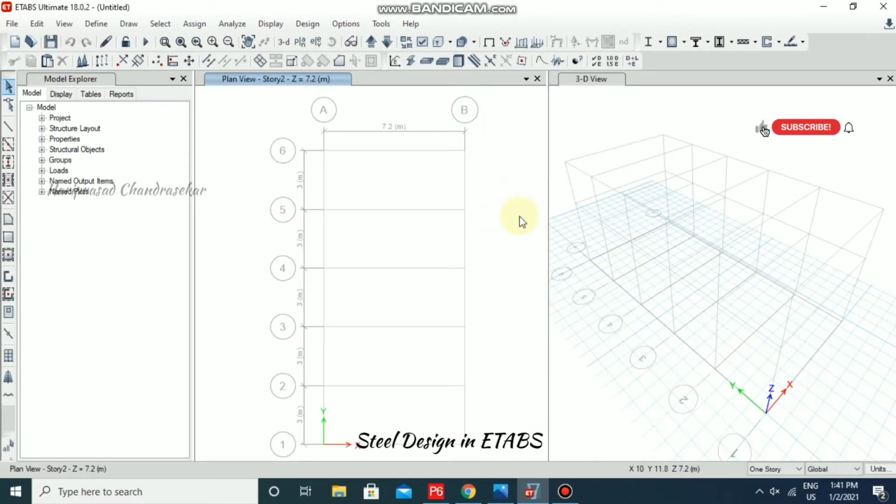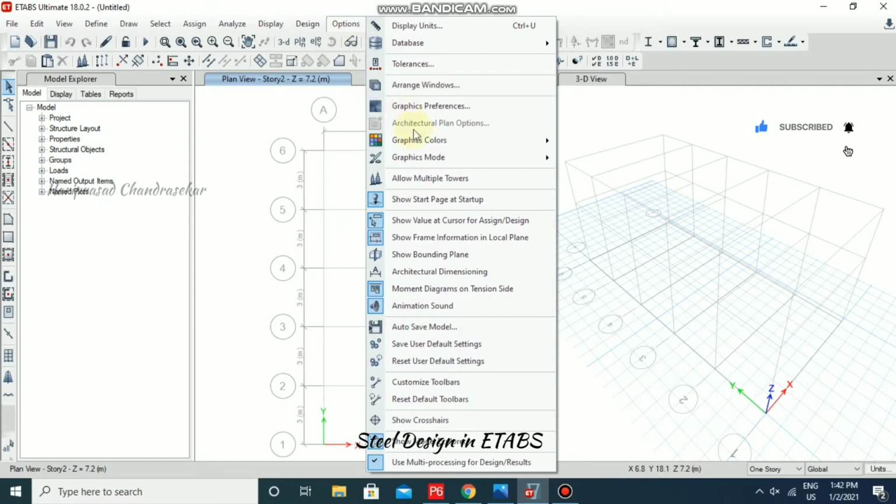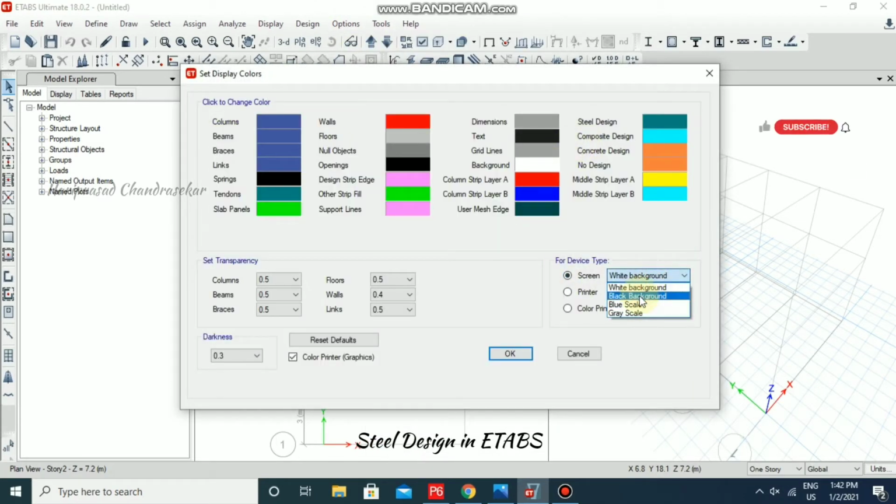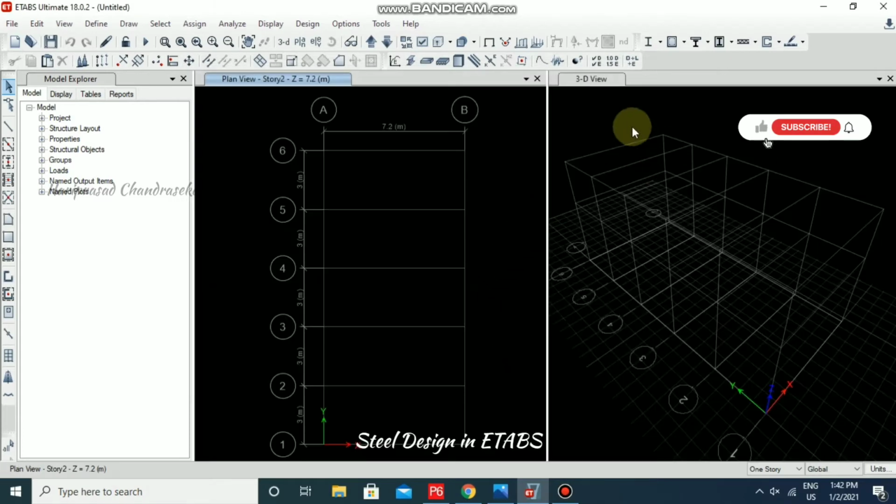So now we have this in our drawing, or we can say that we have created this custom grid for our project. Now here you have options, and you can go for graphic colors and then display, and there you can choose black background and then click OK. Now you can see all the views clearly, because the black background shows things clearly, and it is also good for your eyes when you are working. That's why we have a black background in AutoCAD. If you are working on a project for a long time, you can choose this black background.